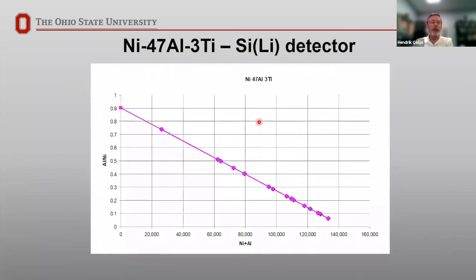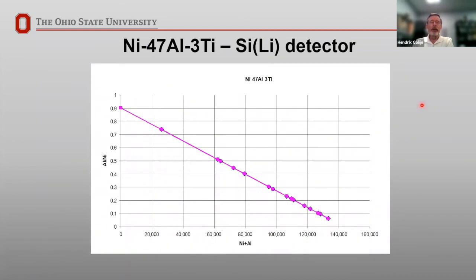Now, here is an example taken on an old detector of a nickel aluminide sample. And this is really a pathologically bad case. The aluminum signal is very, very strongly absorbed. So you are out of the thin film criterion very quickly. So this is going thicker and thicker into my sample, and you can see how the aluminum to nickel ratio drops off very quickly. So you can calibrate this to thickness if you need to.